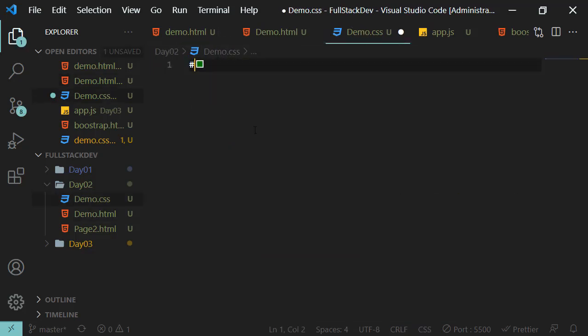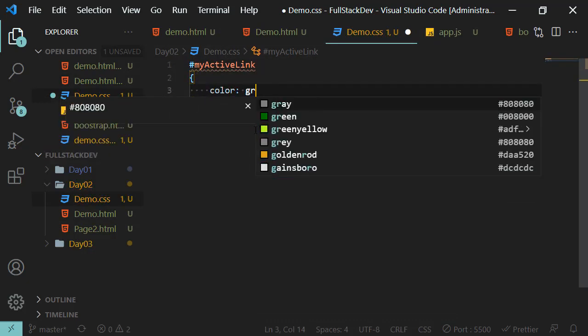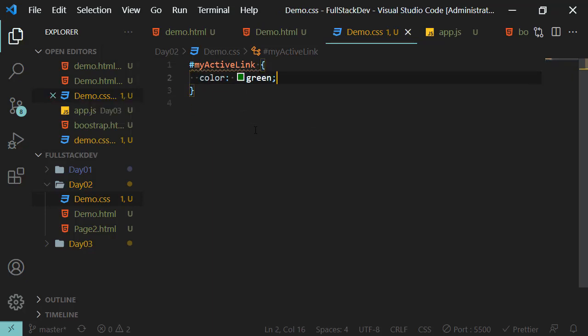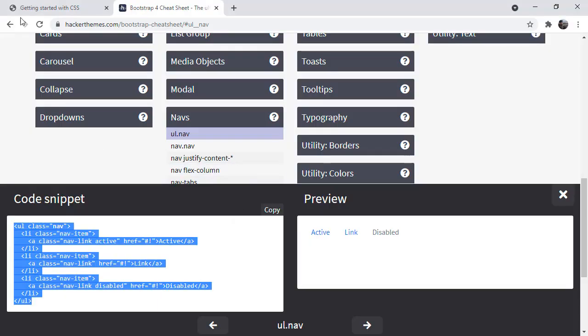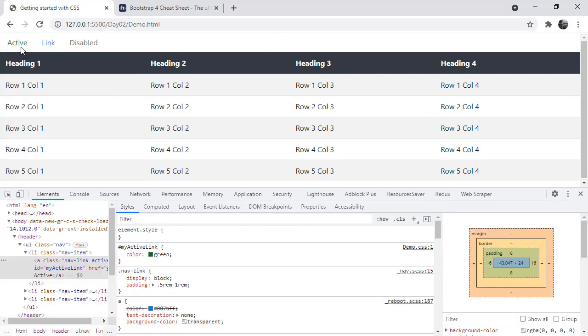I'm going to come here and say hash my active link, and I'm going to put color as green. I'm hoping that this time it is going to look green. Right, it is green this time, right? So I've applied the ID selector, and through ID I'm getting this color. Alright,